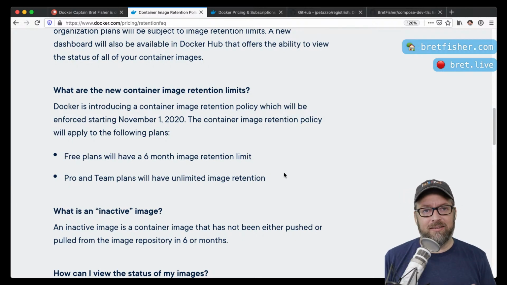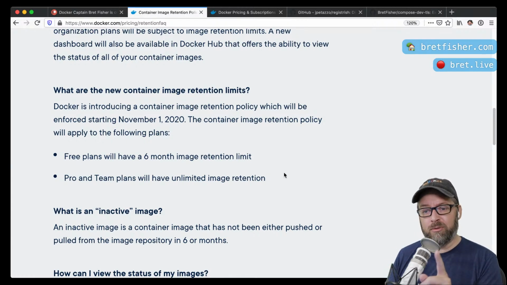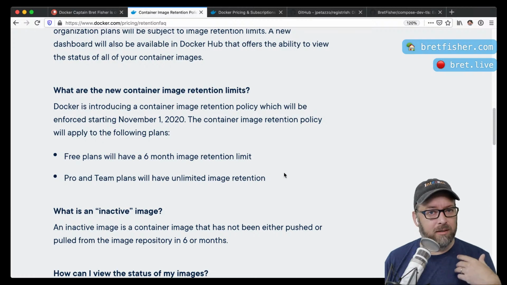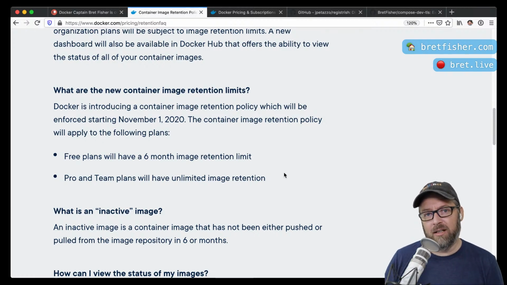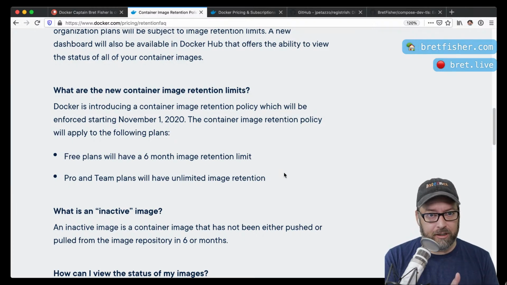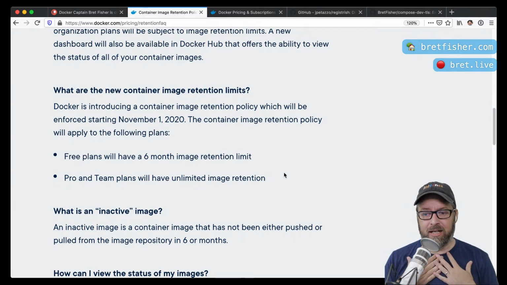But if you haven't done a single pull of any of your apps in a repository, again, this is per repository, so each image repository, if none of those tags have been pulled, or no pushes, or none of the updates to that repository in 6 months, and you're not paying for it, then they will be deleted. Okay, the whole repository. That's how I understand it now.